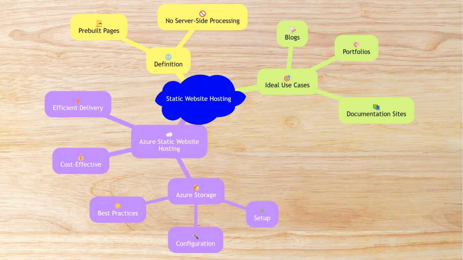Static website hosting is a method of hosting web pages that are pre-built and served to the user without any server-side processing. This approach is ideal for websites that do not require dynamic content generation, such as blogs, portfolios, and documentation sites. In the context of Azure, static website hosting leverages Azure storage to deliver content efficiently and cost-effectively. This presentation will explore the various aspects of implementing static website hosting using Azure storage, including setup, configuration, and best